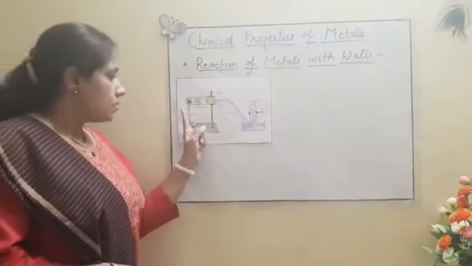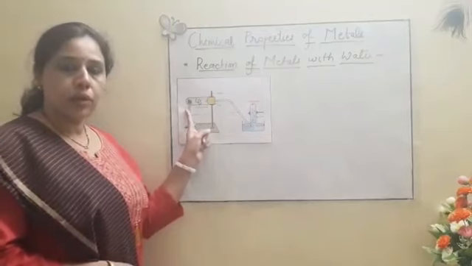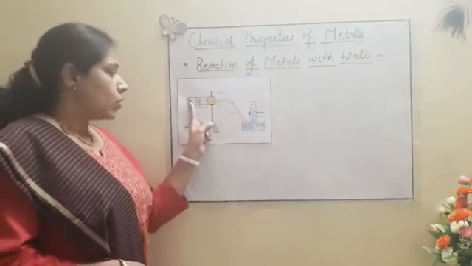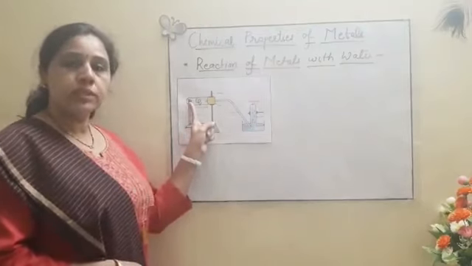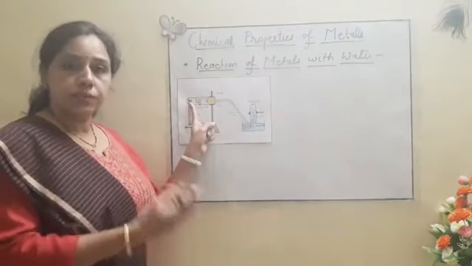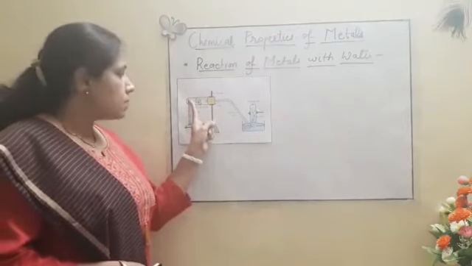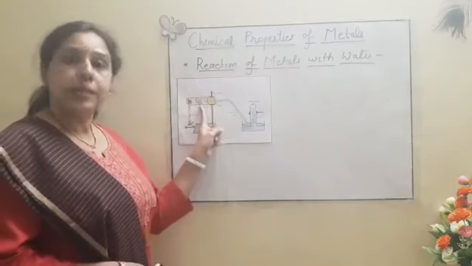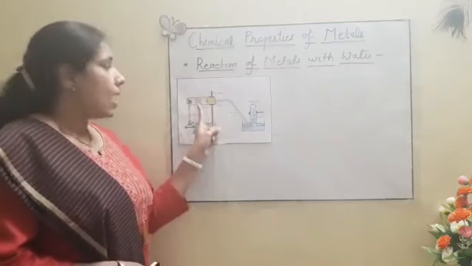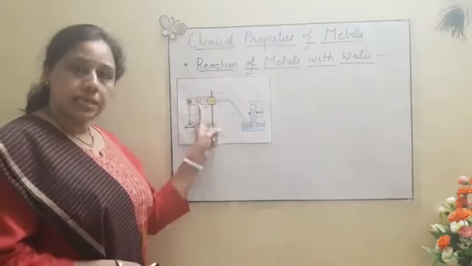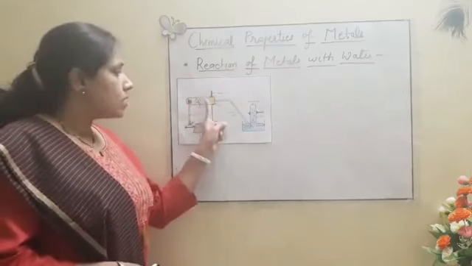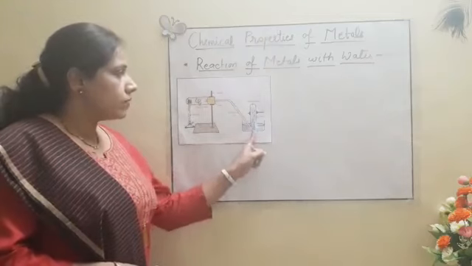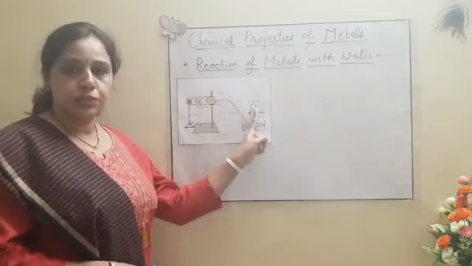As soon as the burner is turned on and water gets heated up, which is soaked in the glass wool, it gets converted into steam. That steam passes over the metal sample, it reacts with it to form its metal oxide in solid state, and hydrogen gas that is produced will pass through the delivery tube and will get collected in the test tube.